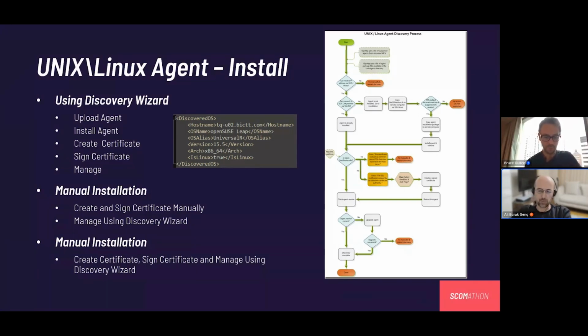It includes basic information about the server and operating system for SCOM to check if it has an applicable package for that operating system. If the answer is yes, it proceeds with uploading the agent installer file, installing the agent, creating and cross-signing the certificate, and finally starting to manage it.